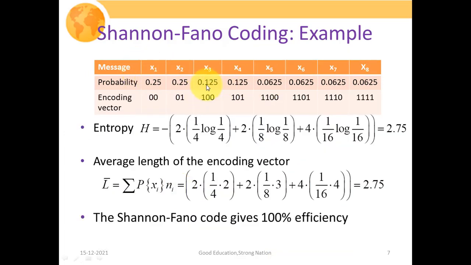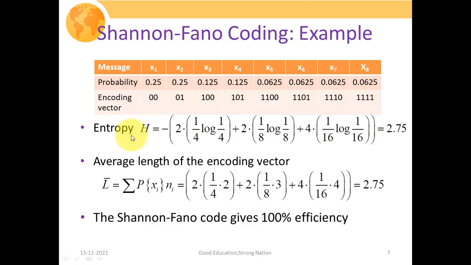So in this particular table, we have formulated the same coded sequences. We have basically written the same coded sequences associated with each individual symbol that we obtained in the last slide with the help of the Shannon-Fano algorithm. So for symbol x1, the probability associated is 0.25 and the encoding vector is 00. Similarly for x2, we have obtained 01. For x3, we have obtained 100. And similarly for x8 we have obtained 1111. So all these are distinct instantaneous codes that we have obtained with the help of the Shannon-Fano algorithm.